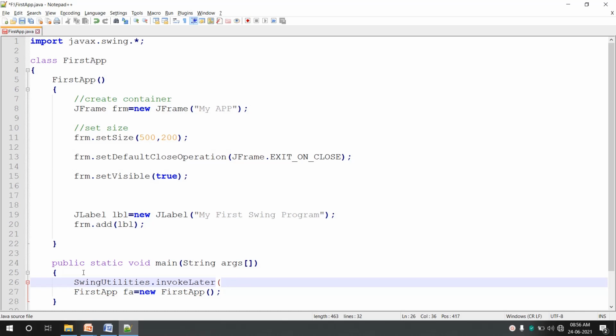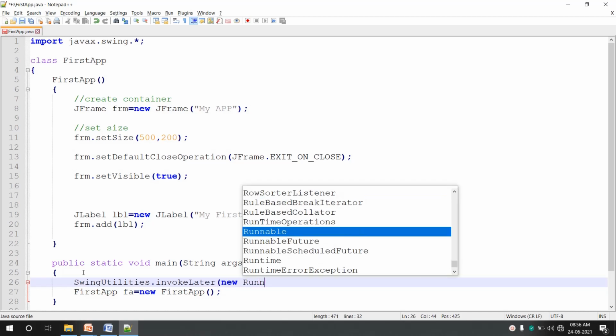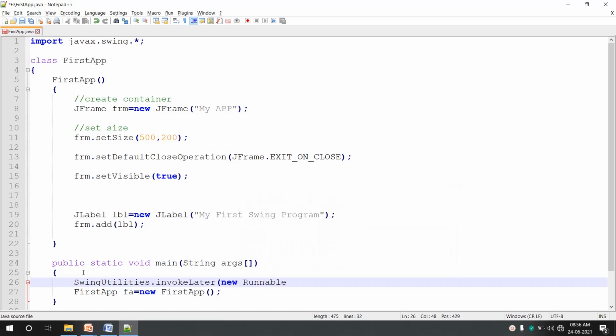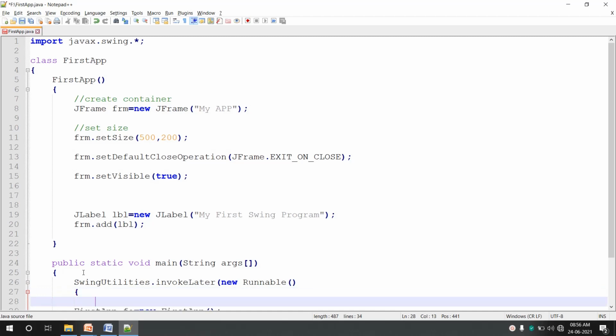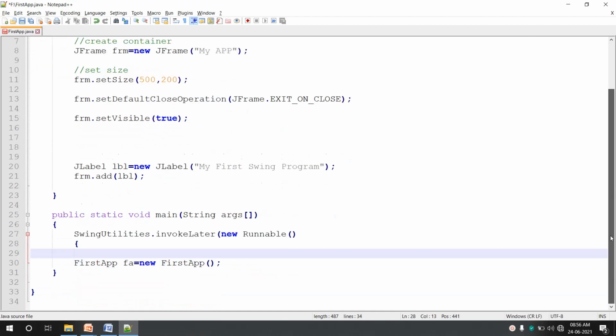So we can simply use new runnable, then the bracket open.